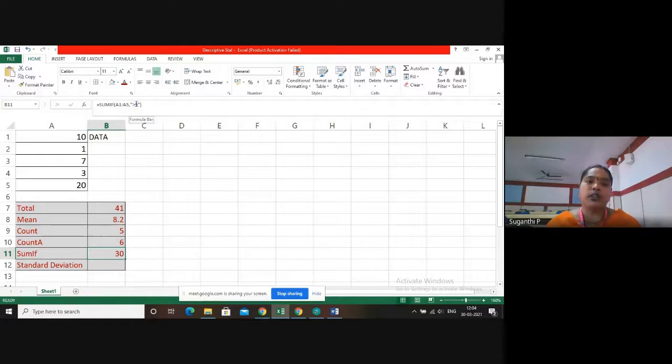You can also do, instead of greater than 9, you can also say lesser than 9. Let me check what will happen if I put the lesser than symbol. Then it will calculate the value which is less than 9. So here the less than values are 7, 3 and 1. So totally I'll be getting 11. Let me check what I'm getting. Got it. So the value lesser than 9 totals 11.